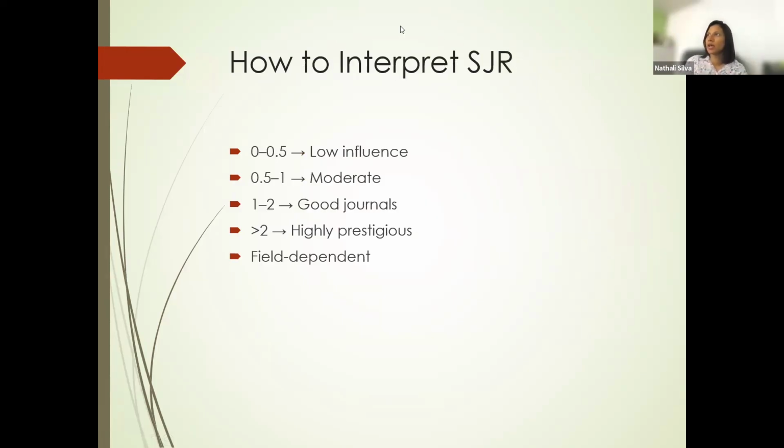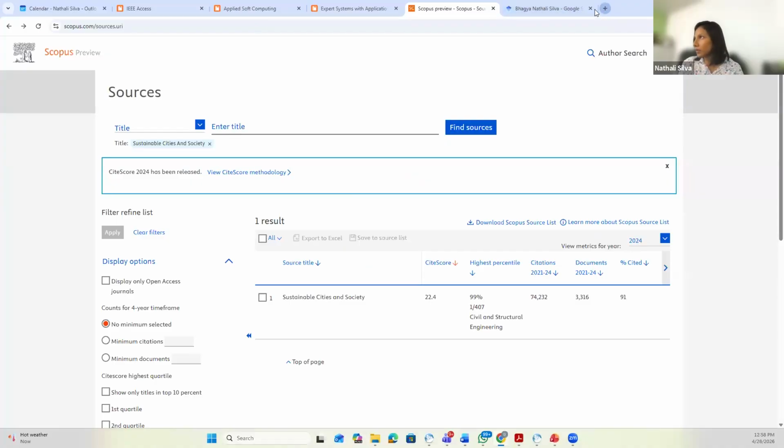Okay, so this SJR, again, is a basic guideline. If it is below 0.5, low influence. 0.5 to 1 can be moderate, 1 to 2 good journals, and more than 2 means highly prestigious ones. Now, if we take the same one,